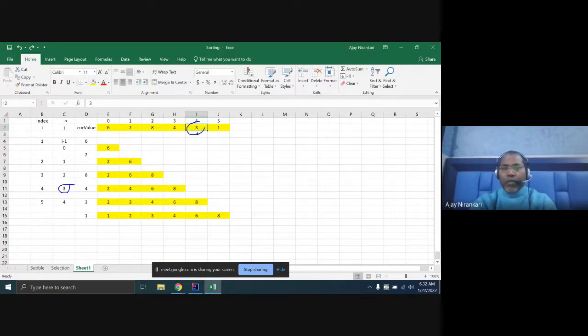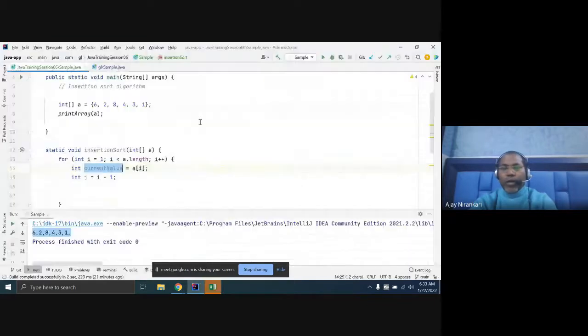Now we have to compare 3 with this one. If this is greater, then you compare again with the next one. Until the loop condition is false. If comparing 3 with 4, and 4 is greater than 3, then we have to shift here. So similarly we have to write the logic here.